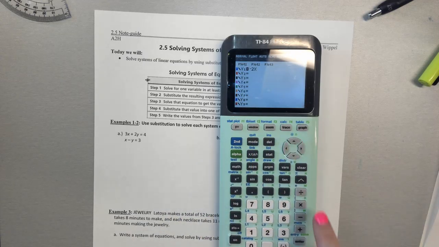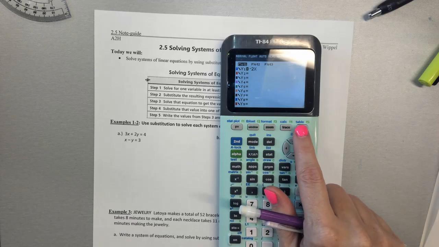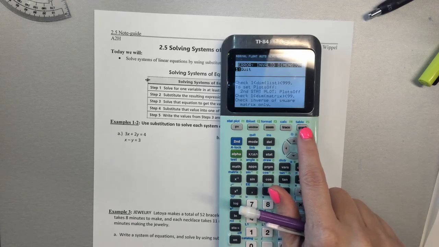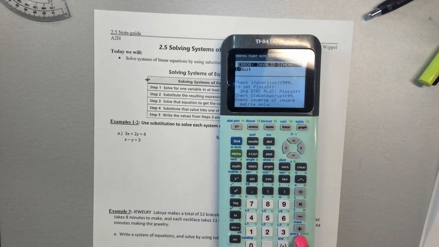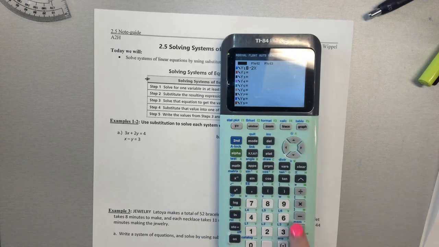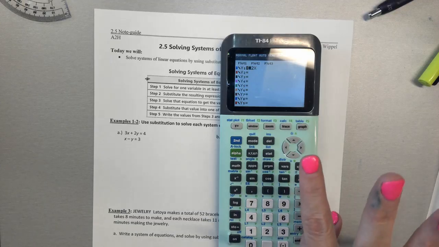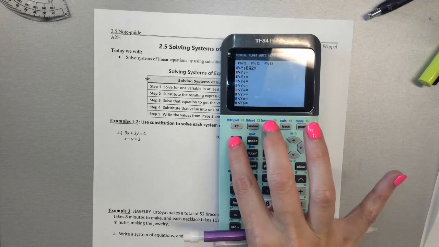Also, some of you had your stat plot on, but you don't have any data points in there, so it won't graph it. I reset mine, so I don't think I have data points in here. So it says invalid dimension. So you can either highlight this to take it off, and then you'd be able to graph,